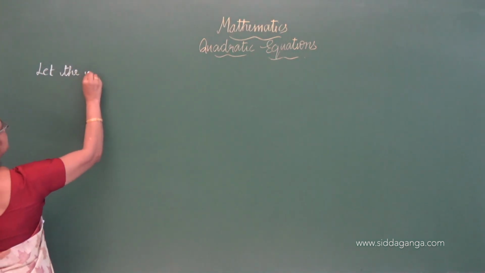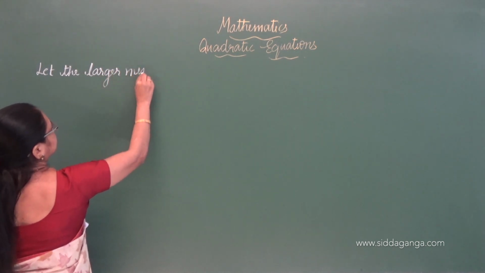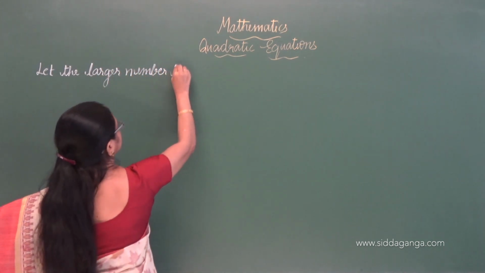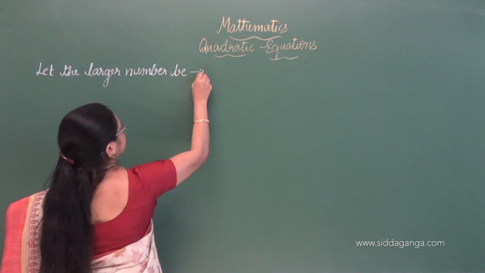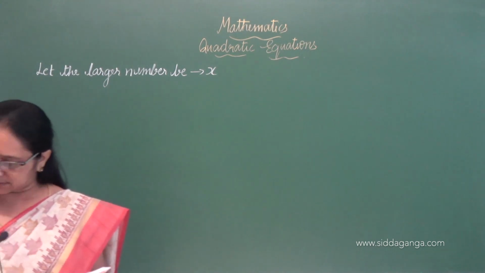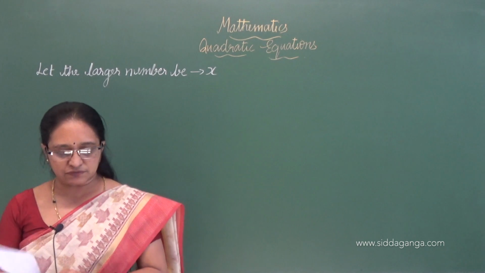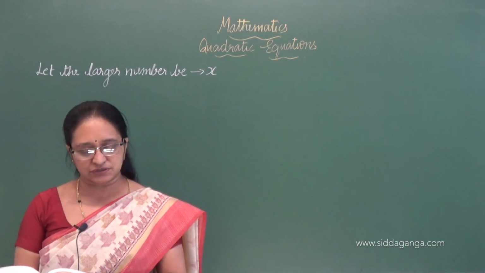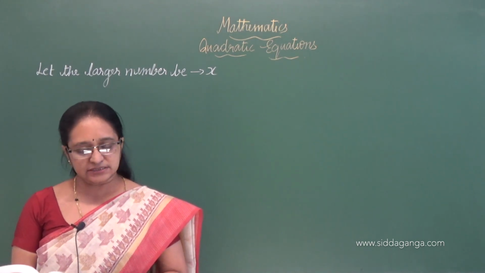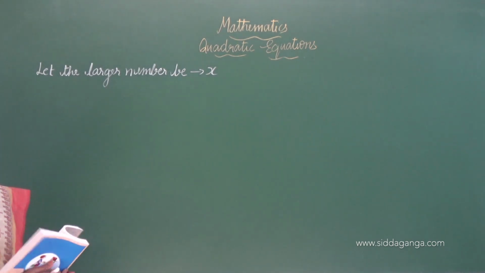Let the larger number be x. Next, the square of the smaller number is 8 times the larger number. So according to the question,